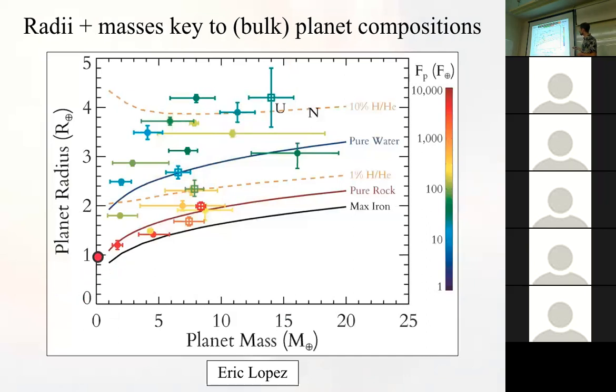And you can draw lines of a given composition. For example, a pure rock will have this mass-radius relation, or a planet that is mostly rocky and has some thin hydrogen-helium atmosphere, say a given percentage, 1% or larger, will follow this line. Or a hypothetical pure water planet will follow this line. In reality, of course, there are degeneracies between these. For a given density measurement, which is really what you get, you can't tell apart some of these solutions, for example, how much water there is and how much hydrogen-helium there is.